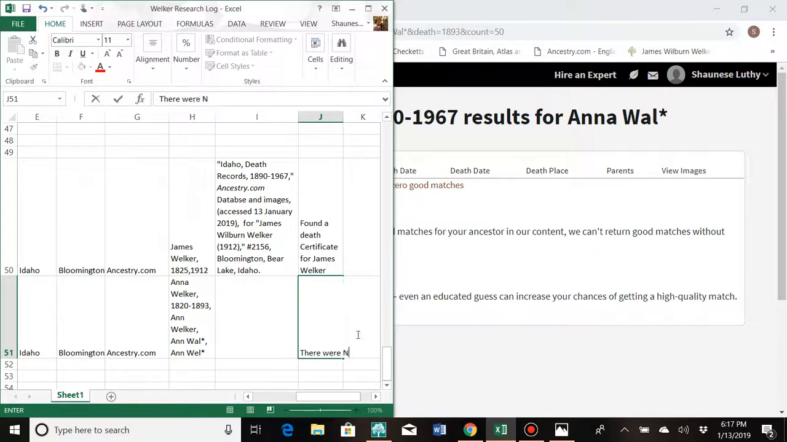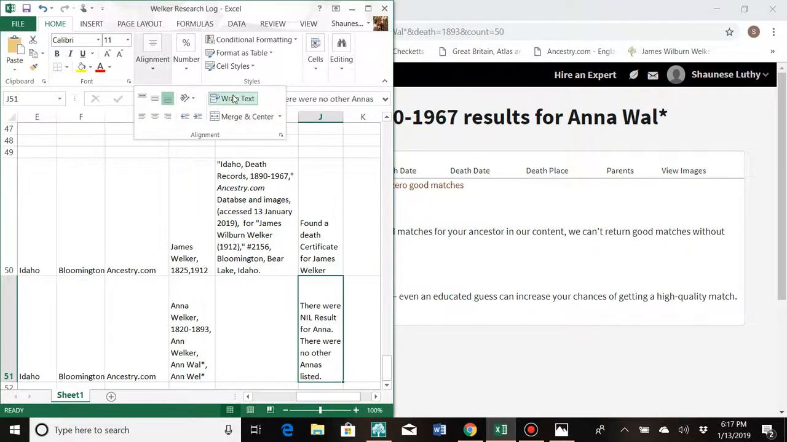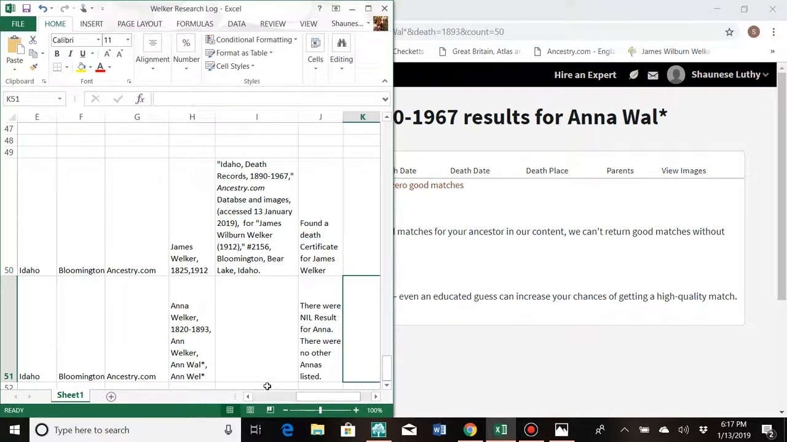There were nil results for Anne. There were no other Annas listed. The reason why I'm giving more information than just a nil result is that I've seen there's no other ones listed, so I know that there's no other ones listed. It just wasn't her. And so,